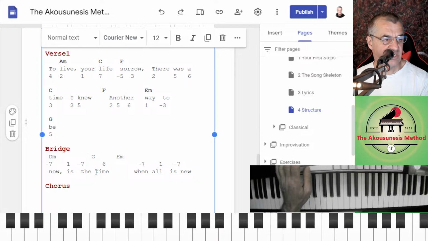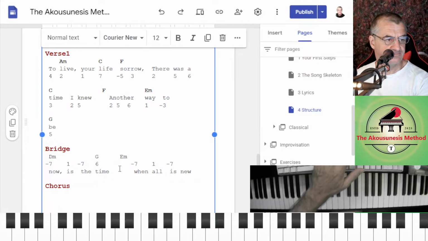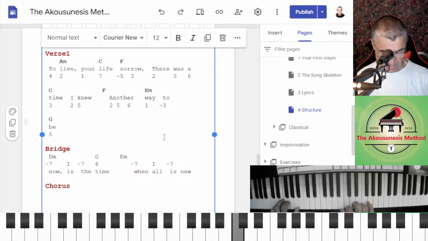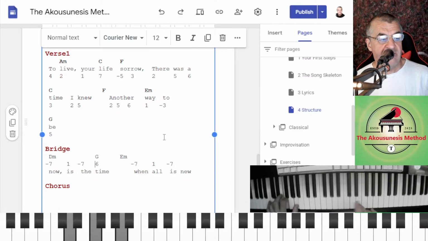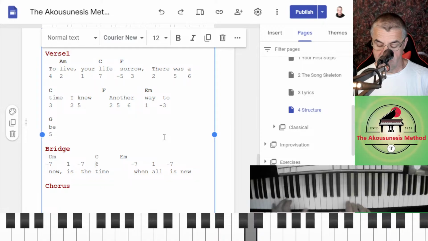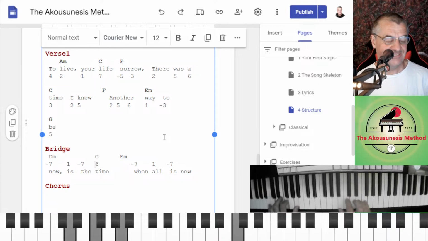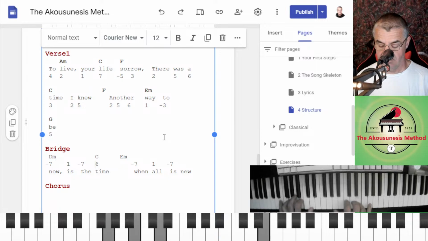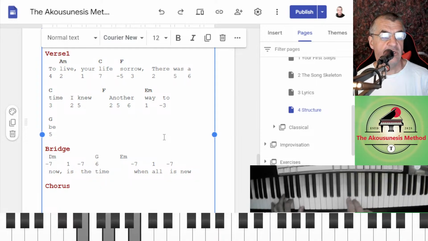Now is the time. When all is. Oh, for fuck's sake. Oh, sorry. Now is the time. 6. When all is. You could even do that. When all is new.